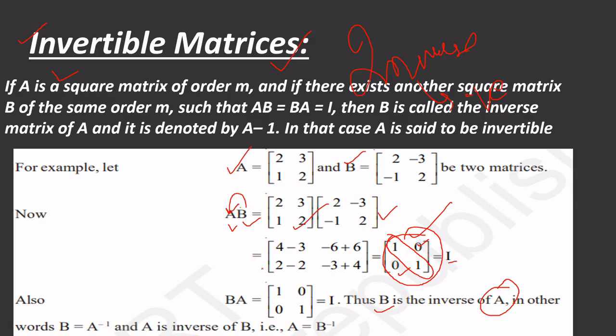In our next chapter, determinants, we find this inverse matrix with one formula, which is the adjoint. The inverse of A is equal to the adjoint of A divided by the magnitude of A. We can directly find the inverse: we first find the adjoint of A and the magnitude of A, divide, and then we can say that this is our inverse matrix. What is the adjoint and what is the magnitude of A, we can learn further in the next chapter, determinants.